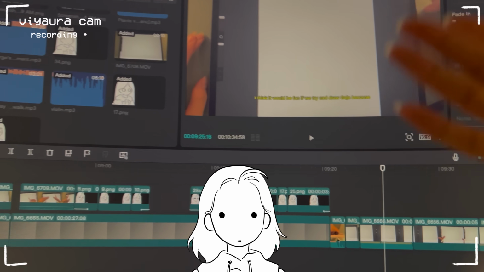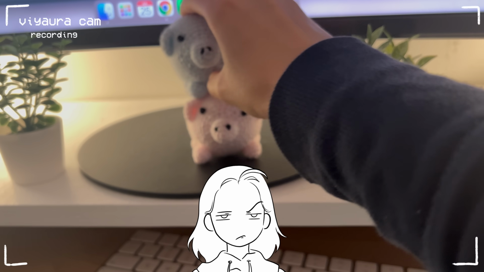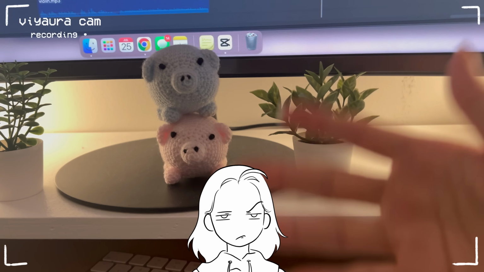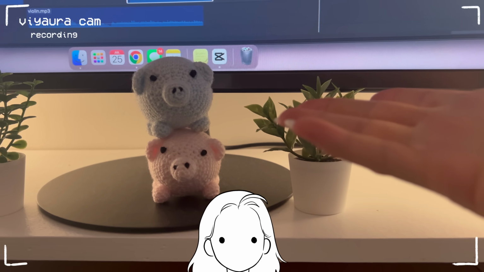Hi, this is Viora in editing mode. I just realized I did not even say what this last point is. I was just like, yeah guys, it's gonna get so chaotic, and then I never even say what this point is. But yeah, okay, the last point is basically